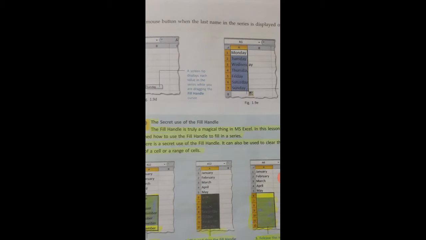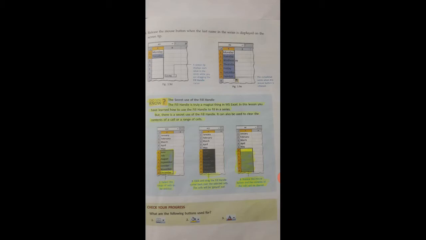देखें, मंडे ट्यूसडे सीरीज़ आपने सेलेक्ट की थी और डे संडे 7 सेल्स आपने सेलेक्ट किए. 7 सेल्स जब सेलेक्ट कर लेंगे तो आप माउस को रिलीज़ कर देंगे तो वो पूरी सीरीज़ ऑटोमेटिकली इसमें डिस्प्ले कर देगा डेज़ ऑफ द वीक. नेक्स्ट एक इम्पॉर्टेंट चीज़ इसमें है कि ऑटोफिल फ़ीचर को यूज़ करते हुए आप एक तो मैजिकली सीरीज़ को फिल कर लेते हैं, इसके अलावा इसका एक और इम्पॉर्टेंट यूज़ भी है, ठीक है।